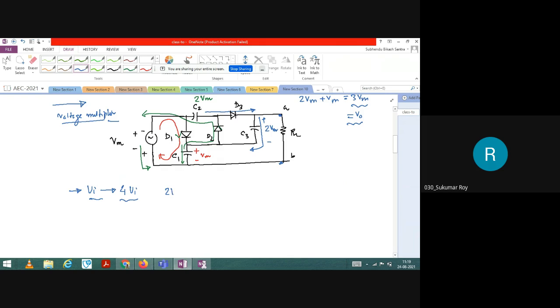2 capacitors that can store a charge of 2 Vm and 2 Vm. Yes, so 2 Vm and 2 Vm, that is required now. That means one capacitor, the output capacitor, should store 2 Vm, and another capacitor also should store 2 Vm. If you add them together, then finally you can achieve 4 Vm. Okay, but how can we do it in the circuit?